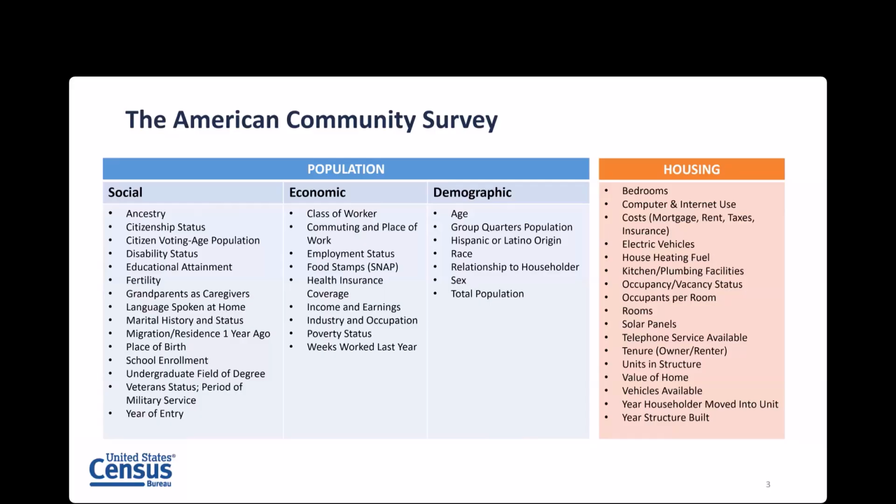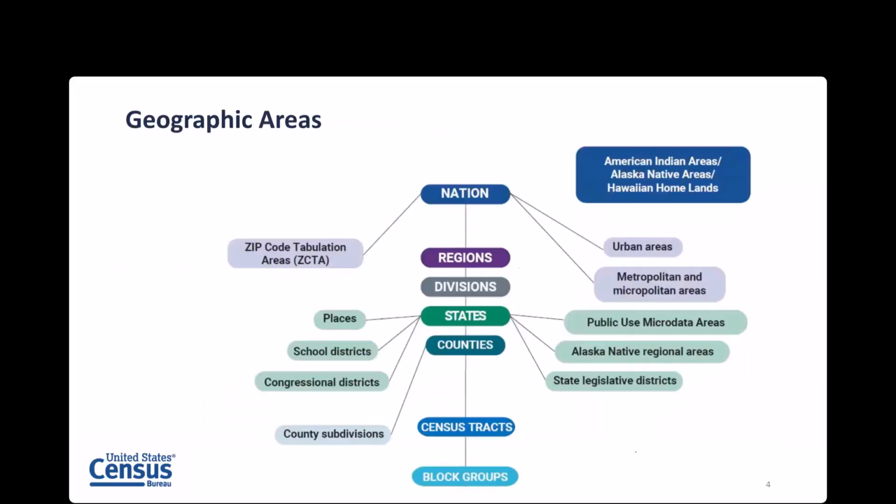So we're going to take a deeper dive into this wide array of topics here in just a moment and really show you how you can access them in bulk through the American Community Survey data profiles. So beyond that, what really sets the American Community Survey apart from other federal surveys and programs is its geographic availability. So you can get data from the ACS from areas as large as the nation and states, all the way down to small geographies, what you would consider the neighborhood level, we refer to as census tracts and block